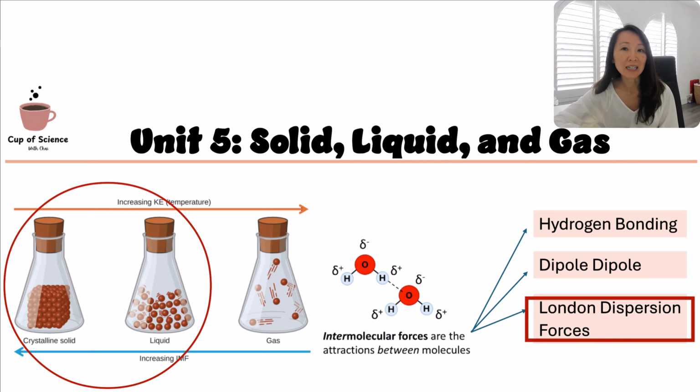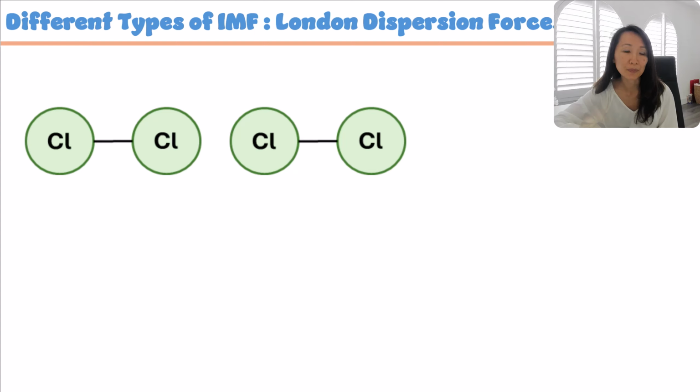Let me begin by illustrating London dispersion forces with chlorine molecules. So here I have chlorine gas. This is one molecule and this is another one. Well, there's a particular moment, a random moment in time in which all of the electrons within the chlorine just shift to one side. Remember, this is random. It's not induced. So the electrons all happen to come in on one side, and this electron on this chlorine happens to go on that side,